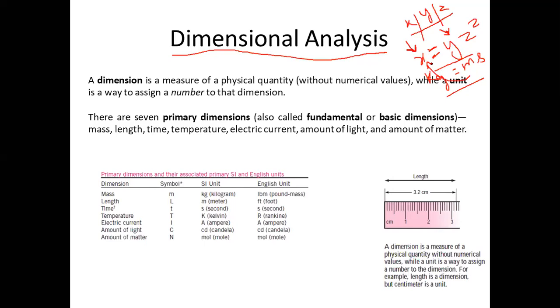You have answered that this correlation is wrong. Why is it wrong? Because z square is there? No, that's not the correct answer. The correlation is wrong, but why? Because here we are equating kilogram, which is the unit of mass, with meter into second. Meter is the unit of length.